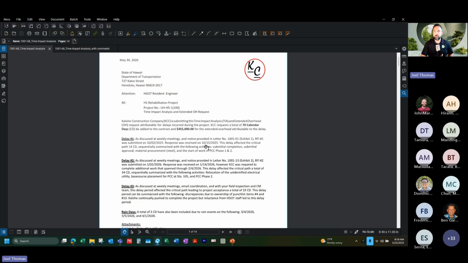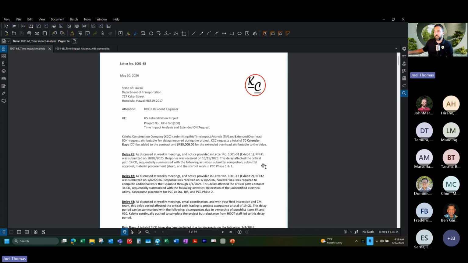When we get to the end of a project, maybe we haven't sorted out the delays. A lot of times during construction, you're just trying to get the work completed and move on, and hey, we'll handle the time part later. We got to the end of the project, we hadn't granted any time extensions. In this case, the contractor has written us a letter saying that they're requesting an additional 70 calendar days be added to the contract and